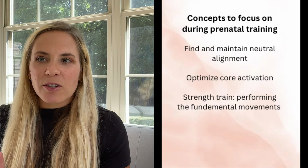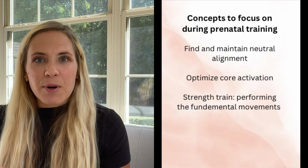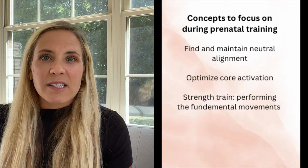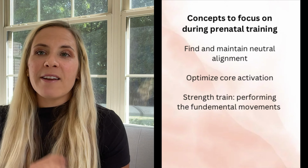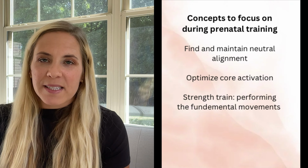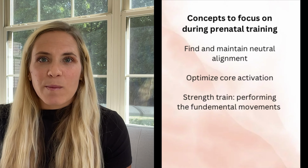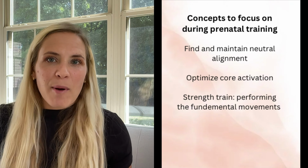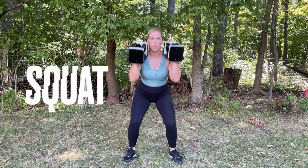So there are two main exercises that we will be focusing on with that, the 360 breathing and pelvic floor activations. There's so much to go along with that, so that is going to be in another video as well. And third, focusing on the fundamental movements. This is where it comes to the traditional workout that you would be looking at. Fundamental movements for prenatal, postpartum, and life in general are going to be the squat,